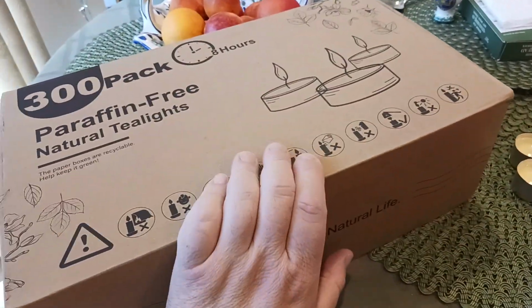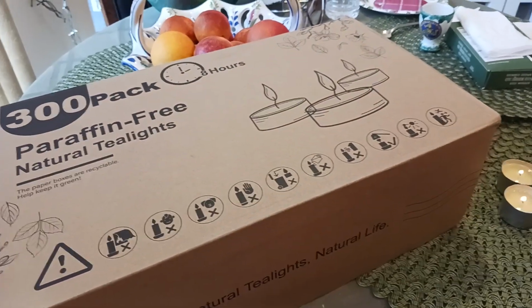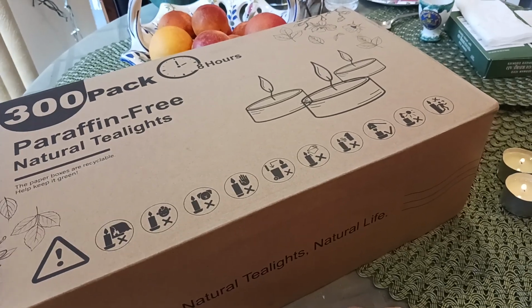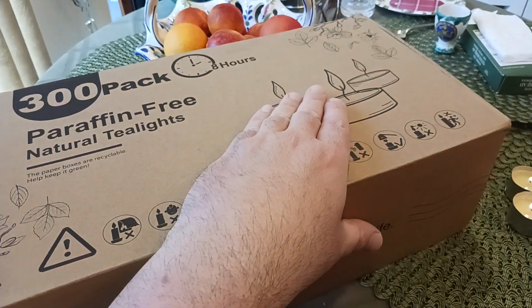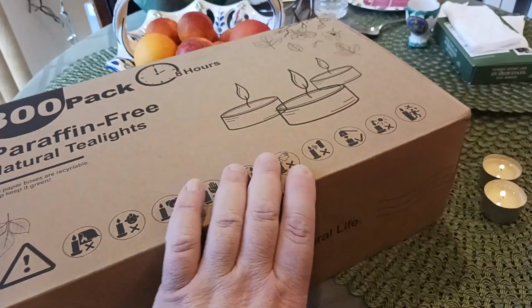Emergency lights, right? Hurricane lights, sometimes they're called emergency lights, whatever. You have a power outage, whatever you need to light a candle because you don't have any light in the house. Maybe you forgot to put batteries in your flashlights or whatever. These, in my opinion, are honestly the best bang for the buck, which is what this channel was created for